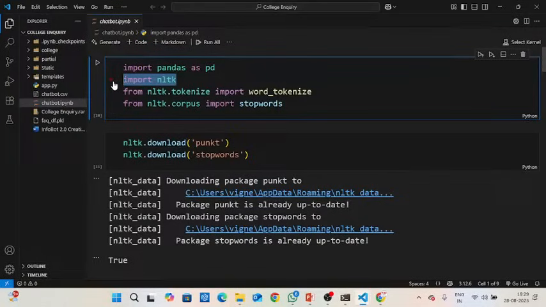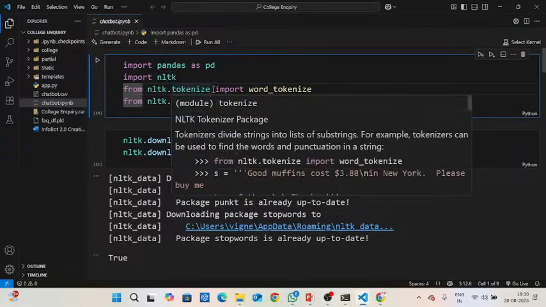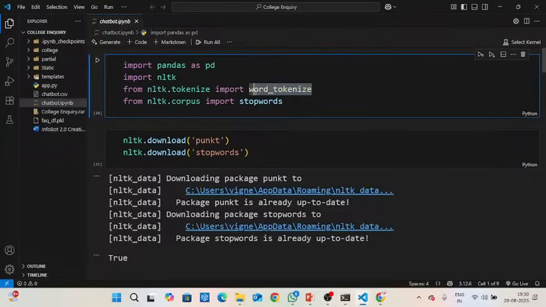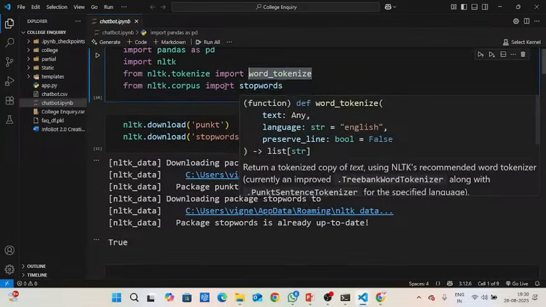Likewise, NLTK is also one of the libraries present in NLP. NLTK means Natural Language Toolkit. It has some specific properties. That means by using NLTK, we can split the data and we can clean the data. It has all the properties. Okay, first I need to import NLTK, and from NLTK I am going to import the tokenizer. Why are we using the tokenizer? We want to split the whole paragraph into word by word. So we use the tokenizer, and then the corpus.